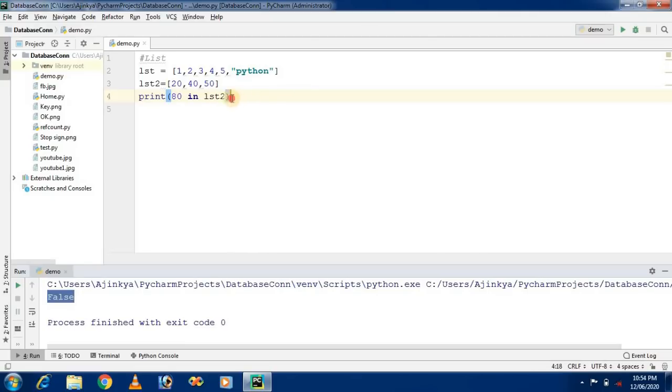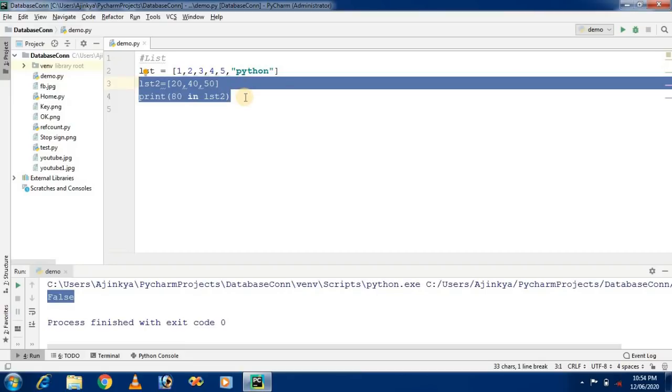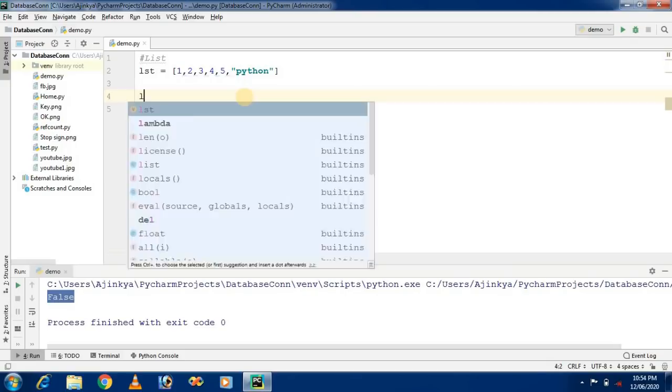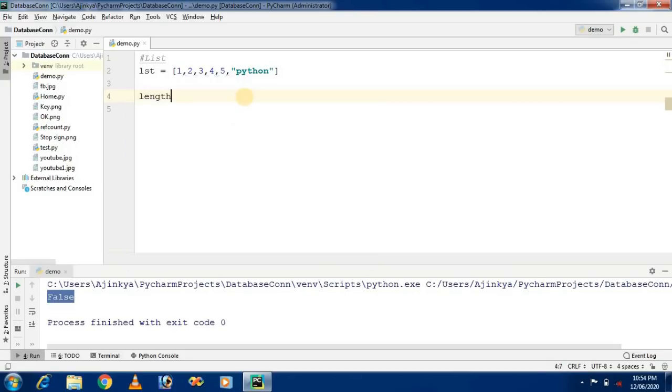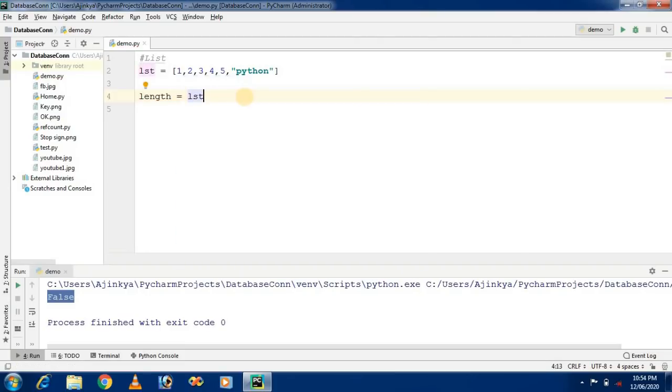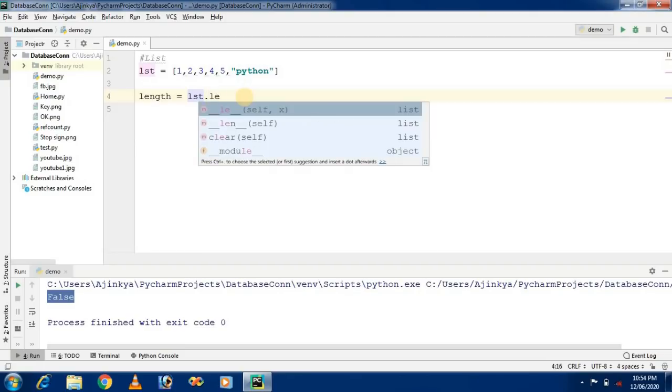So what are the methods to process a list? There are some methods available in Python. The first method is for finding the length of the list. How can we find the length of the list? Suppose I am creating a variable called length. So length is equal to lst dot, there is a method called